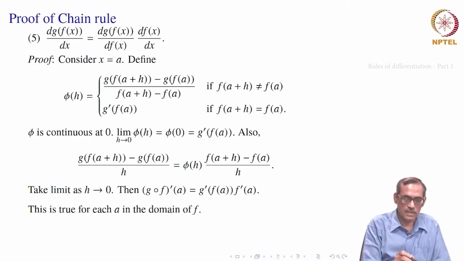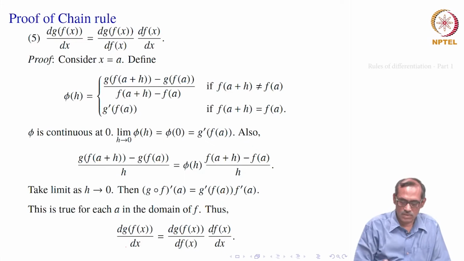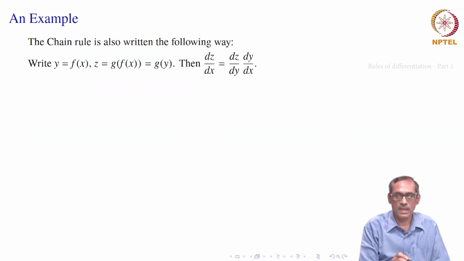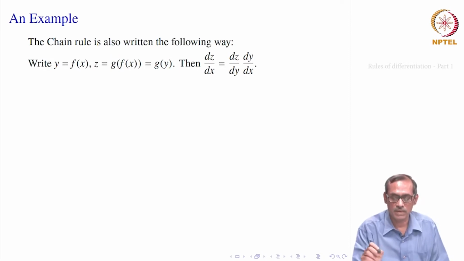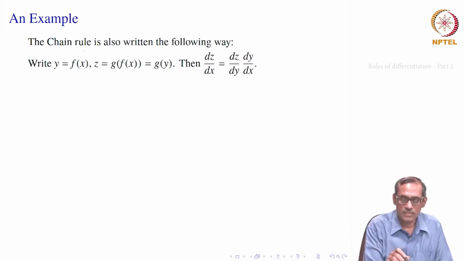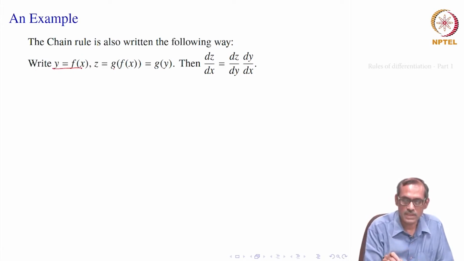We will see how to apply this chain rule. Of course, its application is in the inverse first. Okay. So, this we also write in this fashion as we have already remarked. Let us see how the chain rule is applied. So, first let us rewrite it. What happens? y is equal to f of x. We say g of f of x, let us write it as z. So, z equals g of f of x, which is g of y.